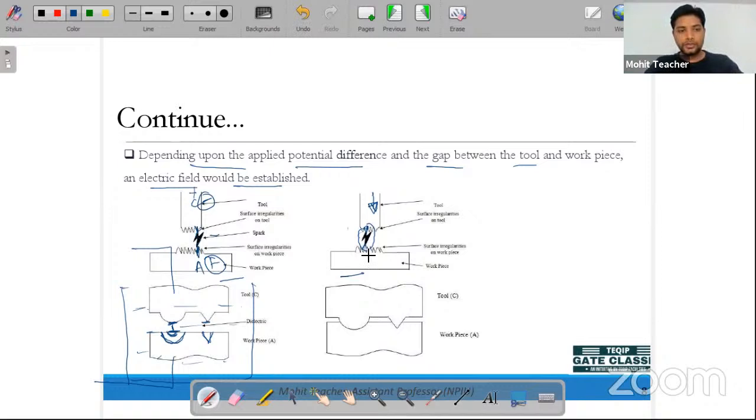Okay, so as you move toward the downward side, the surface will be removed. As you move downward, this gap will be minimized, so that will create the